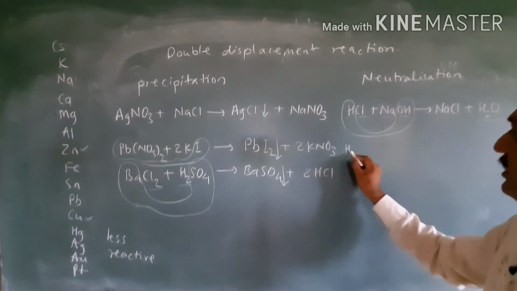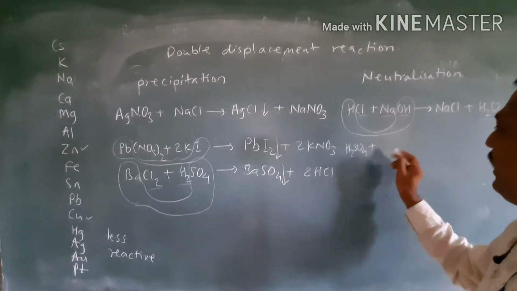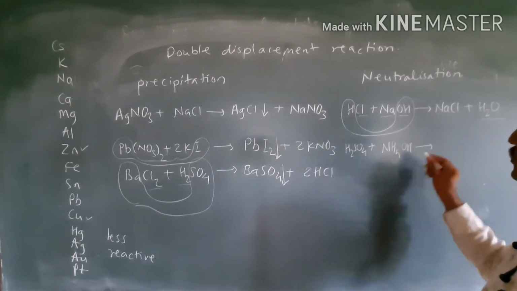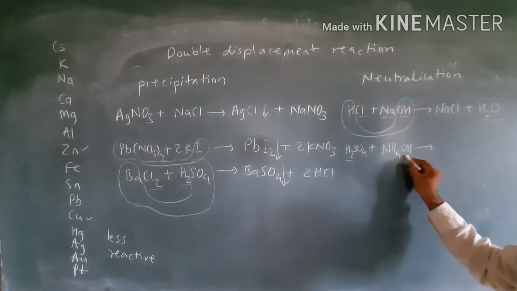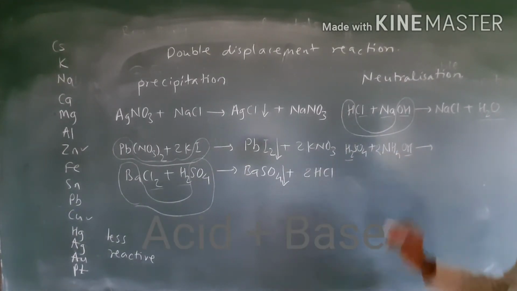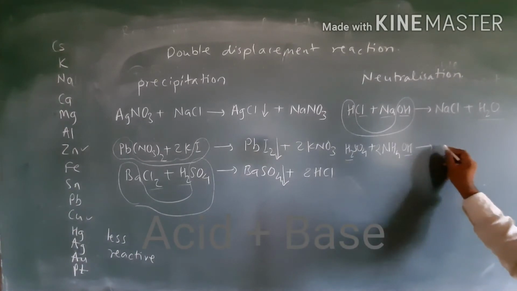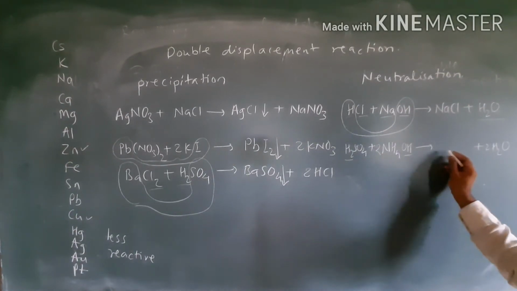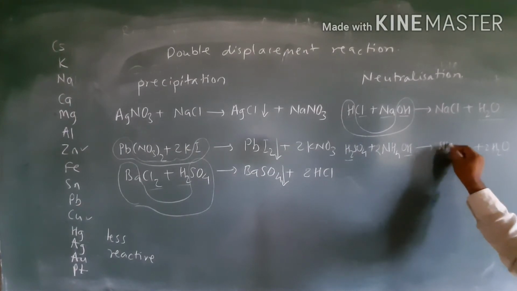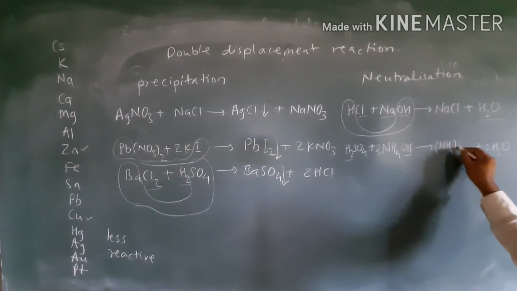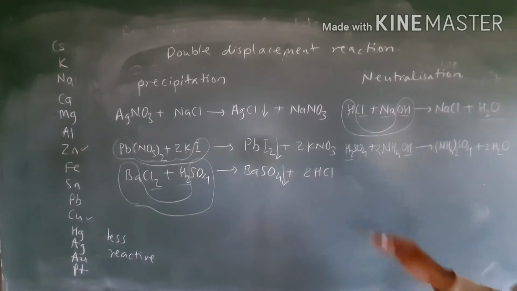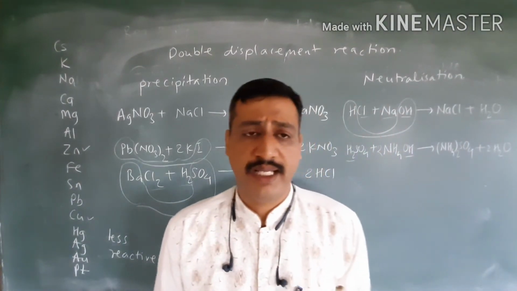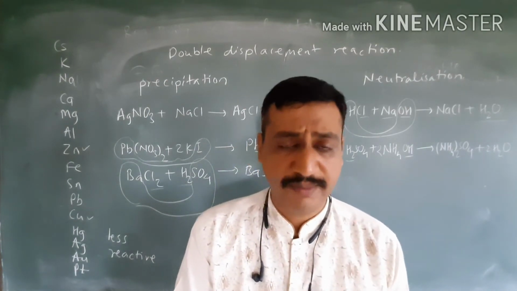Acid plus base, for example H2SO4, and base we may take NH4OH. So here there are 2 hydrogens, so there should be 2 hydroxide ions. That's why we keep 2 OH here. So twice H2O is one product, and besides this there is a formation of (NH4)2SO4, ammonium sulfate. So many examples we may state for these neutralization reactions. Hope that you are understanding what I am saying.